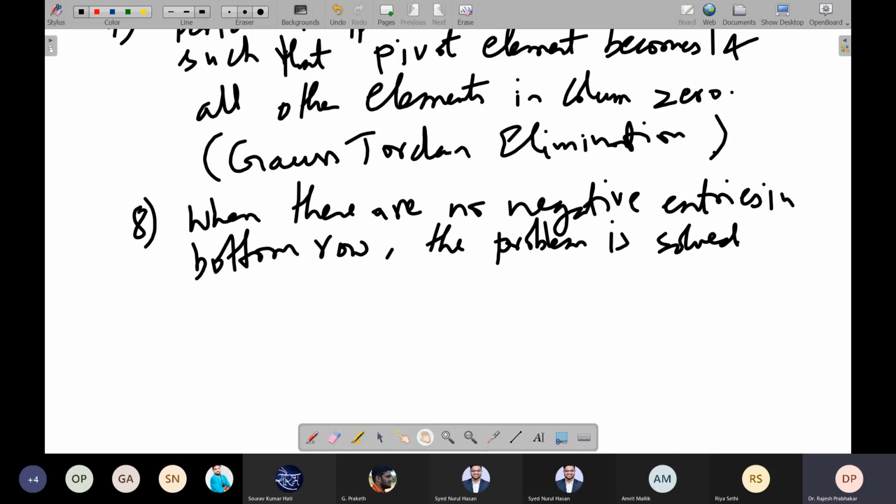Then you use the pivot column values to calculate the coefficients of the right hand side, and find the least coefficient, which is your pivot row. The intersection of the pivot row and pivot column is your pivot element. Then perform row operations such that the pivot element becomes 1 and all other elements in the pivot column become 0. This is the methodology we follow for the simplex method.